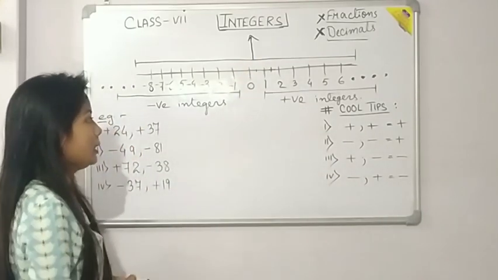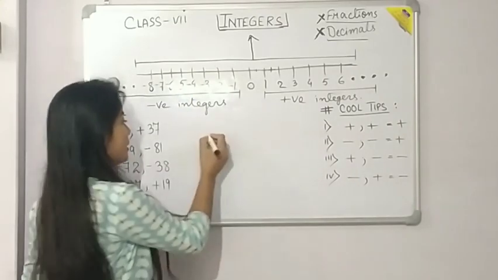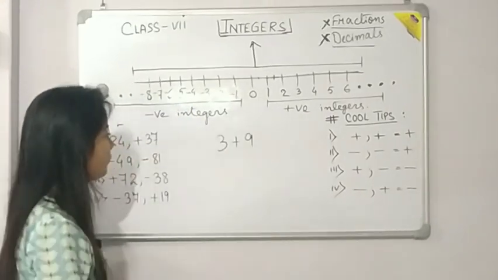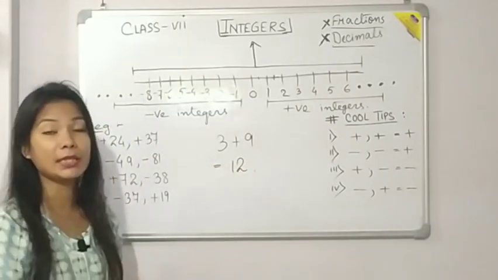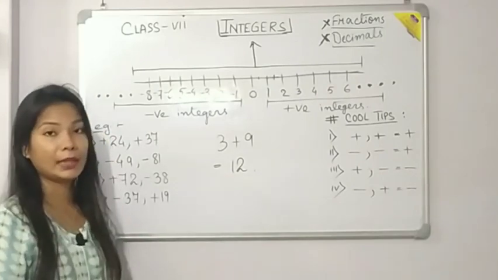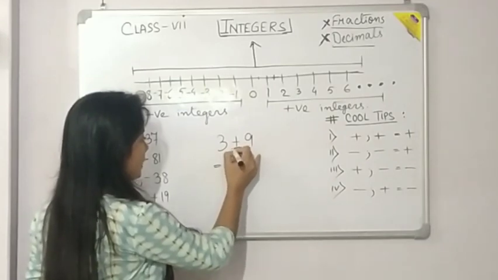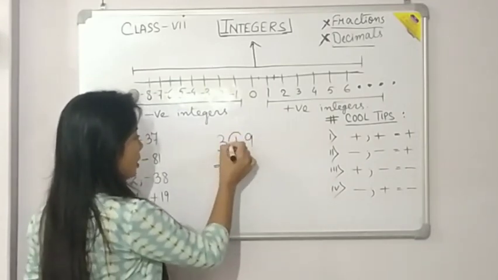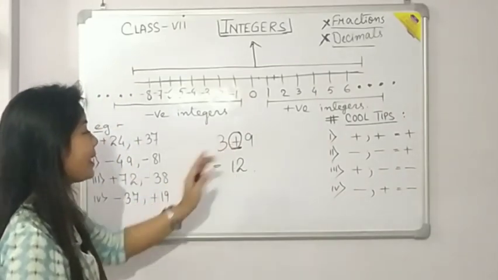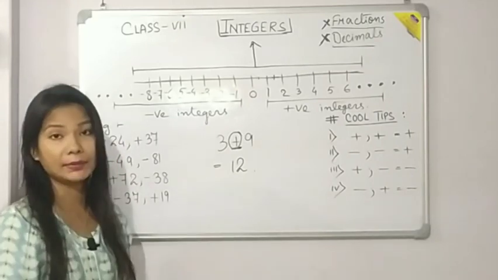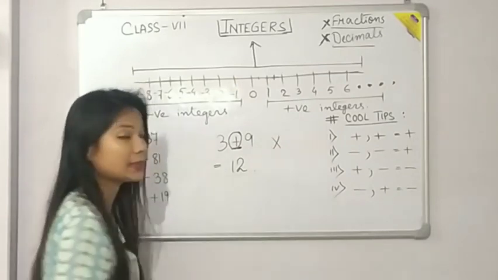Alright. Next, my question is, what is the answer of 3 plus 9? And you will say it is 12. Now next my question is, how have you got this 12? Can anybody say? As we can see here, the plus sign in between the two numbers, you will say that this plus signifies addition, so we have done addition, isn't it? But I will say that the process is not truly correct.